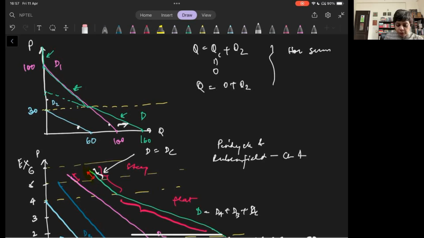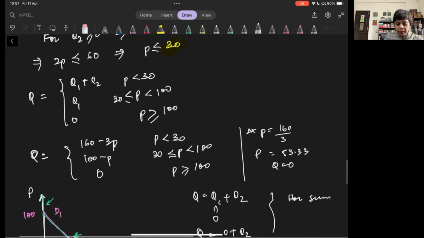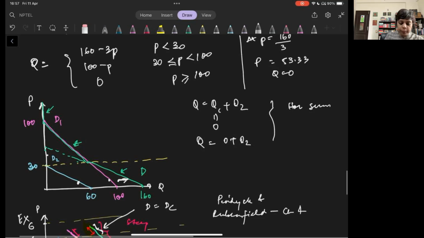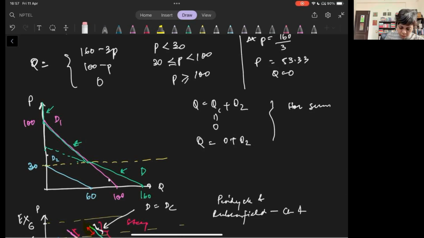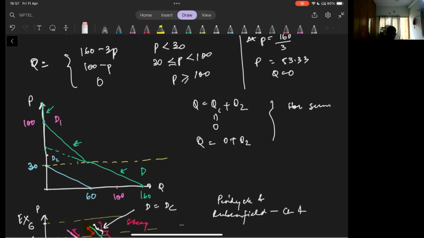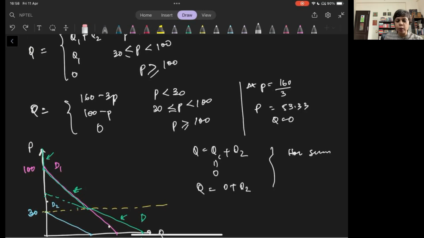You calculate the slope of the blue curve, you calculate the slope of the green curve, and you compare. The slope of the blue curve would be t minus 2p, which... No, do it as an exercise. We still have a class tomorrow. I want you to draw it. I don't want you to do it verbally. You're not understanding it because you're not drawing it. Take pen, take paper, draw it.